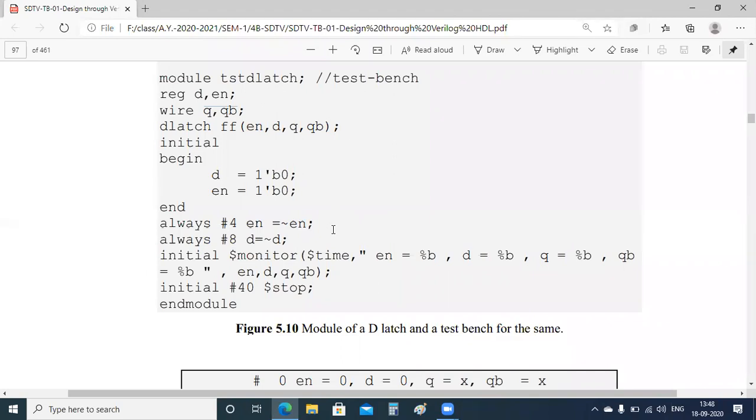Here the time period will be around 8 units of time for this one, and here it is 16 units of time. 8 units will be in the positive case and 8 units in the negative case. Here 4 units will be in the positive case and 4 units in the negative case. For that, automatically we will have all the combinations 00, 01, 10 and 11 coming at different points of time. No need to bother about changing the inputs.